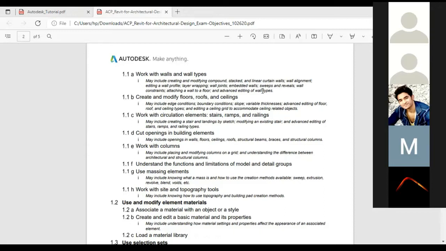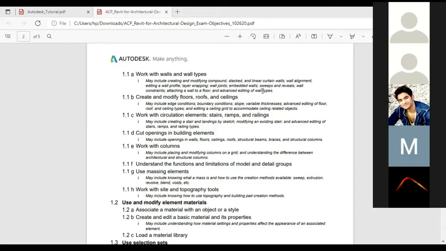So they ask us to change the justification of the vertical grid or horizontal grid or something like that. So we need to change those things. Then they will ask us to select a particular panel and give its area. Only if we change the justification of the curtain wall in the prescribed manner, and after selecting a particular panel inside that curtain wall, will we get the correct area. Otherwise our answer will be wrong.